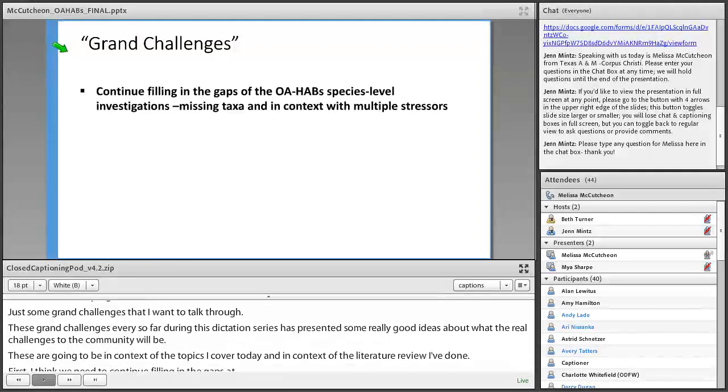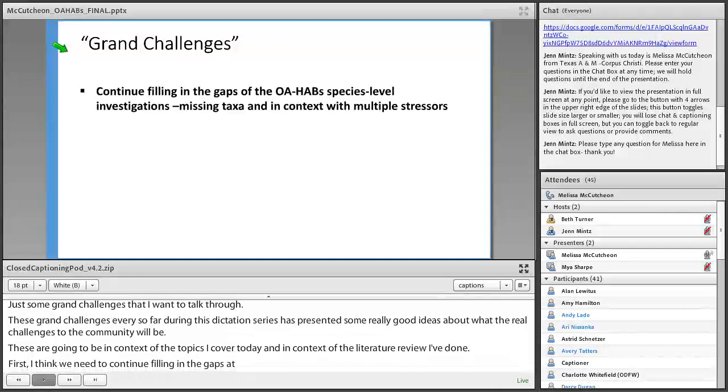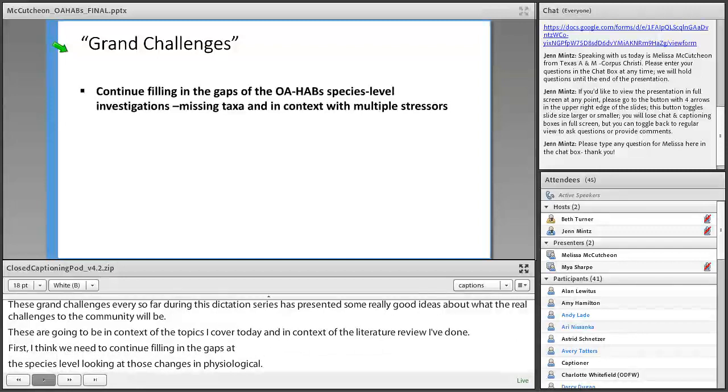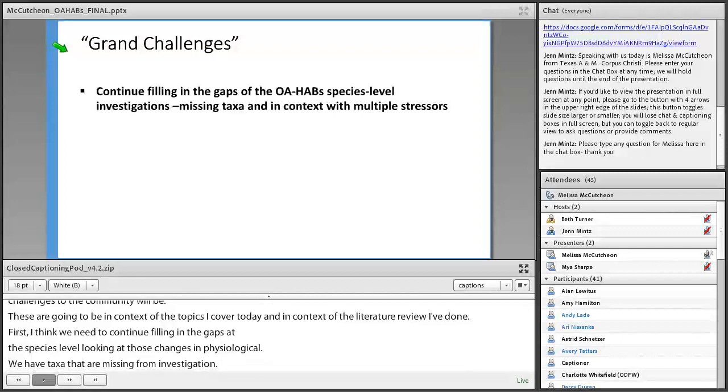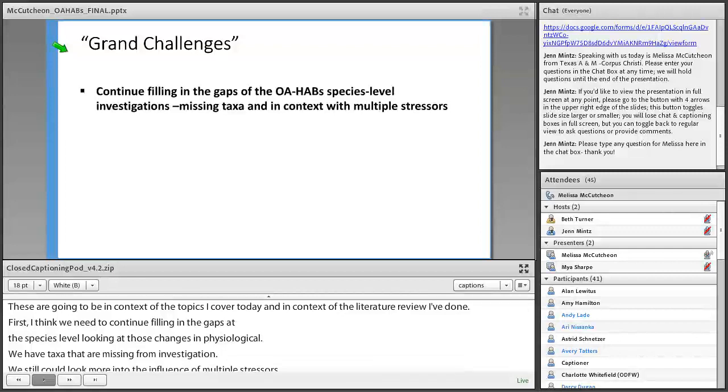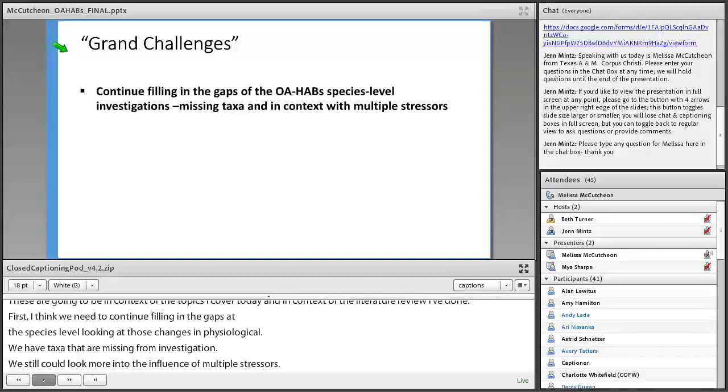We still could look more into the influence of multiple stressors. So, despite that other speakers have pointed out that physiology is really what we are best informed about as far as this OA-HAB interaction, I think there are certainly areas that still need attention within this. So, based on the review that I've done, I think that we still need to continue filling in those gaps. And